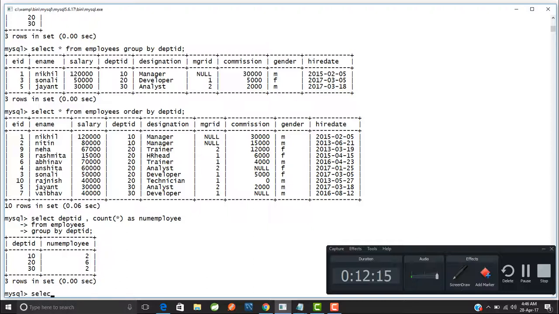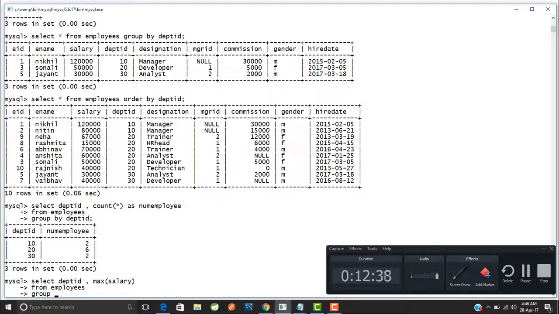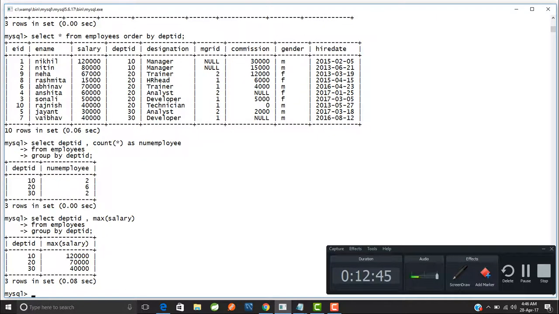Select department ID, comma, then I will use the group function, as I want the maximum salary. Then I will use max of salary. From which table? From the employees table. And group by what? Group by department ID, because I want the result per department. So you are getting for department number 10 maximum salary 1,20,000, for 20 70,000, and for 30 it is